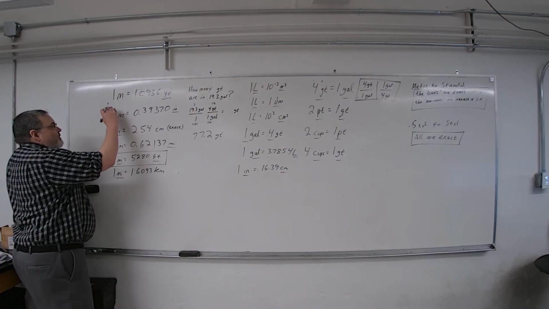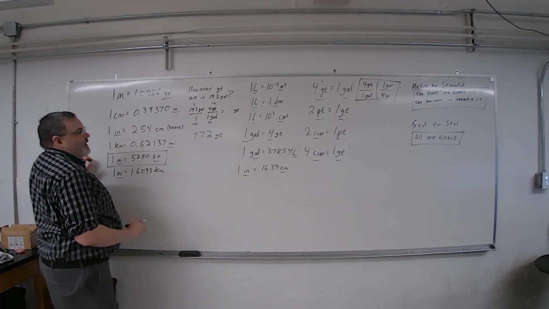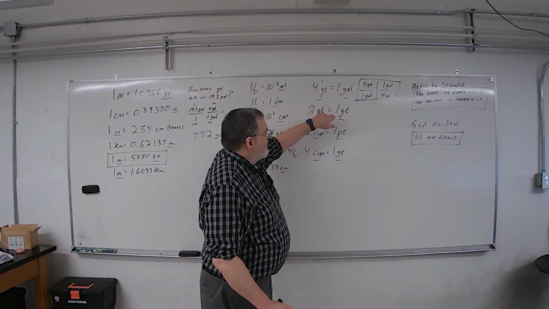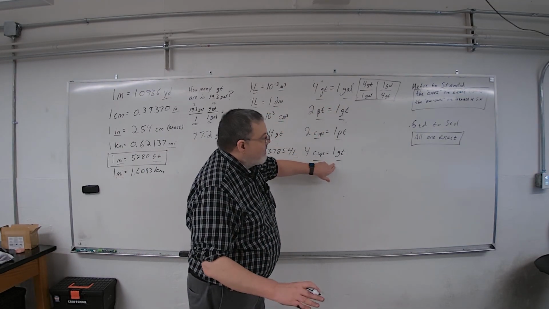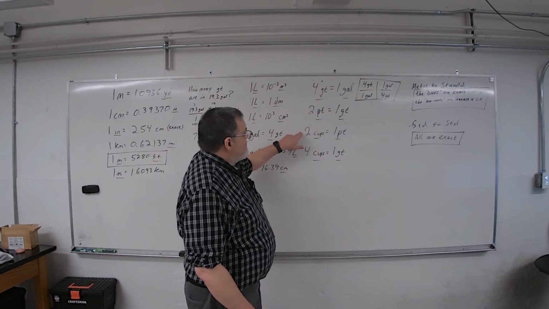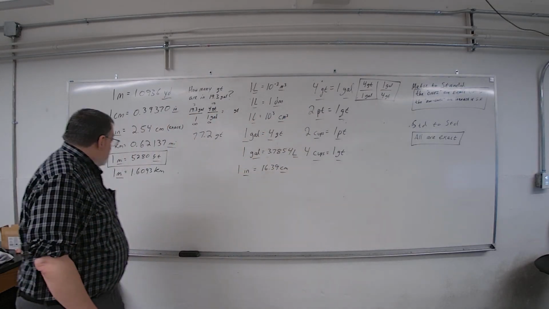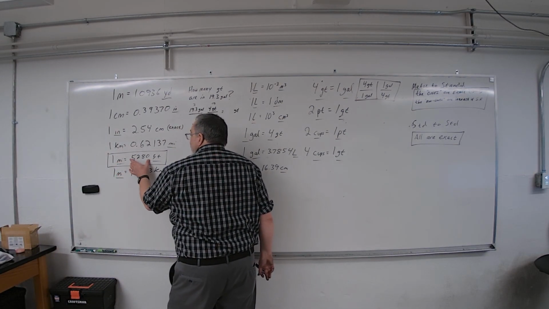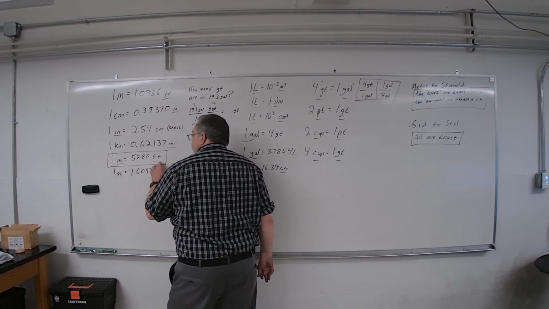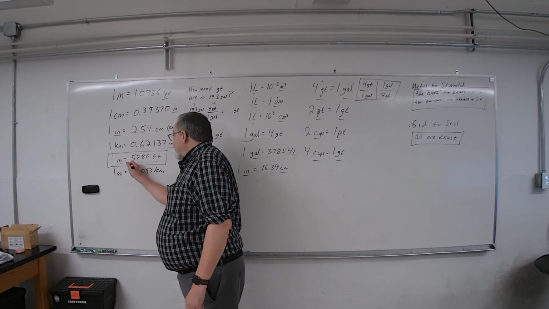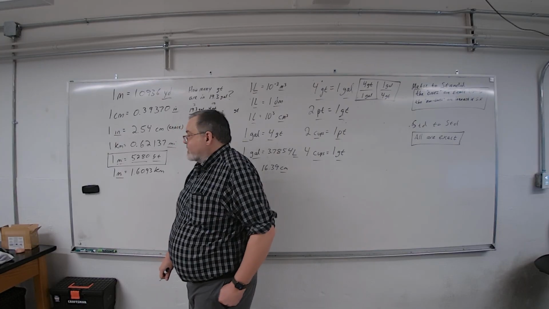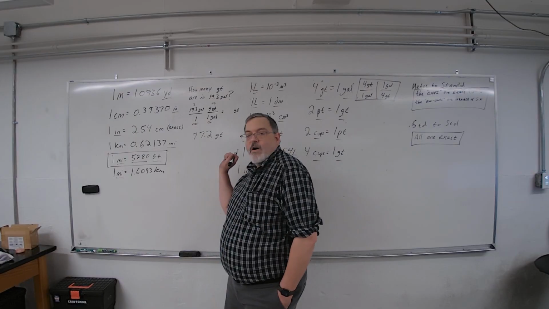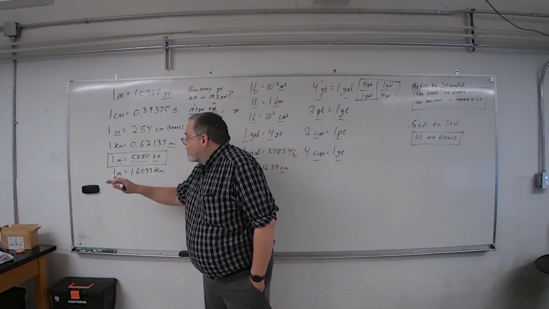Just realize this one, this one, this one, this one, this one, this one, and these ones, and this one, this one, this one, those are exact. But also, this 4, this 2, this 2, this 4 are also exact. And this one over here is exact as well. That's exact, because it's standard to standard, miles to feet. So that's exact. That's not 4 significant figures. That's infinitely perfect. I could put decimal 0, 0, 0, 0, 0 all the way out to infinity, because that's the definition of a mile,